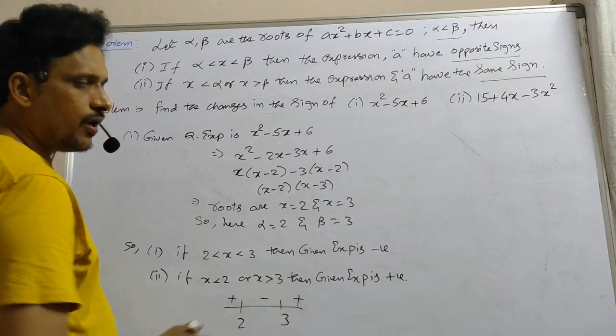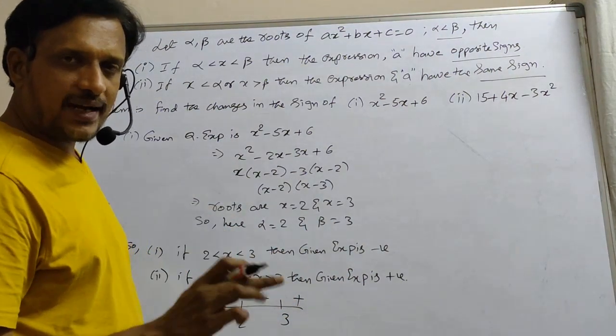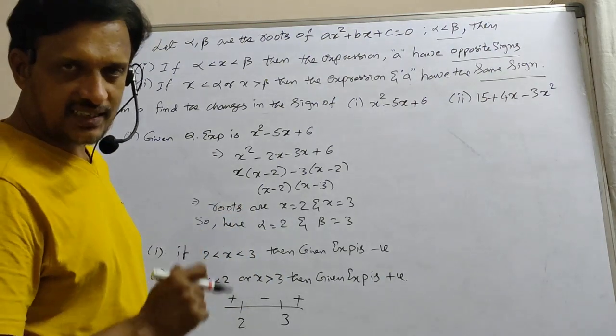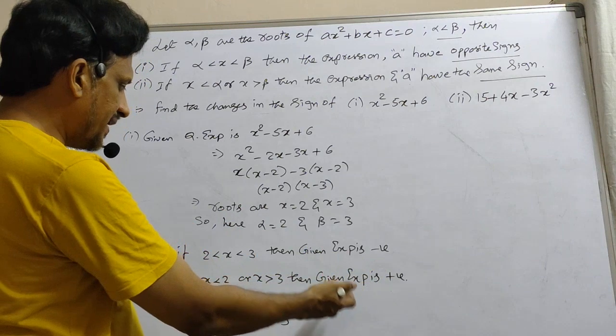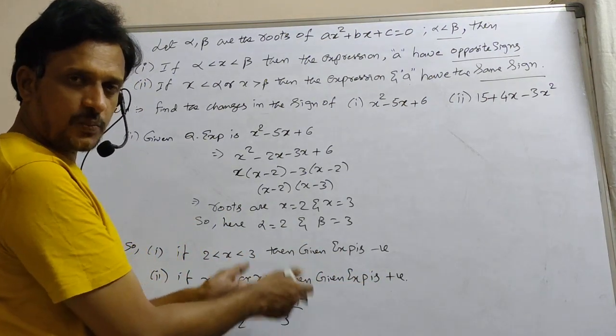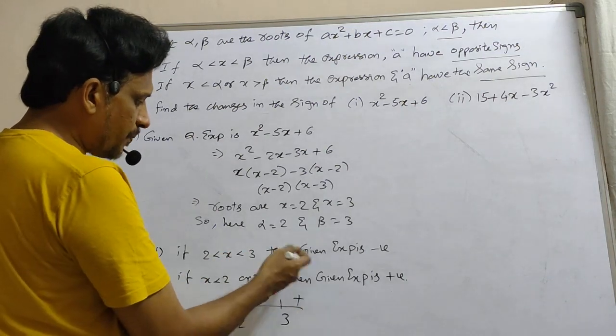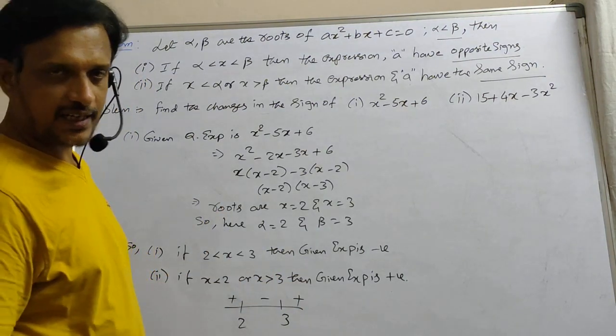So simply by drawing a line like this, meaning on a line you have to write alpha and beta, where alpha is less than beta, that is important. Then the rightmost part is positive. By crossing this one, meaning you are crossing 0, at x equal to 3 the expression will be 0. So that is why positive will be negative. Again by crossing, negative will be positive. Like this you can write.